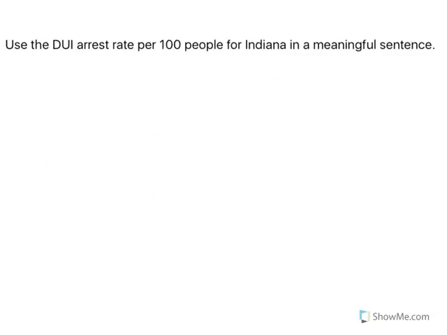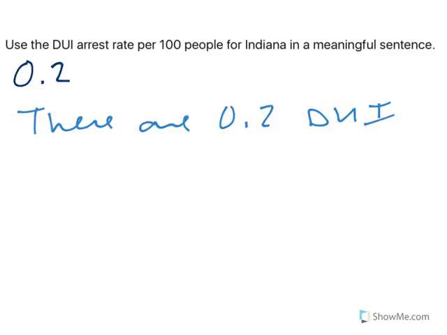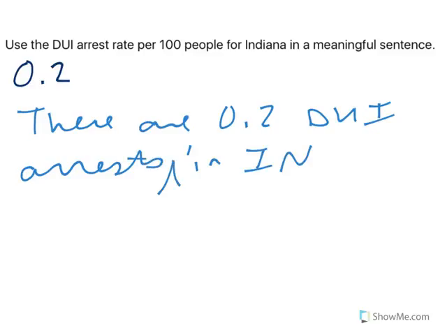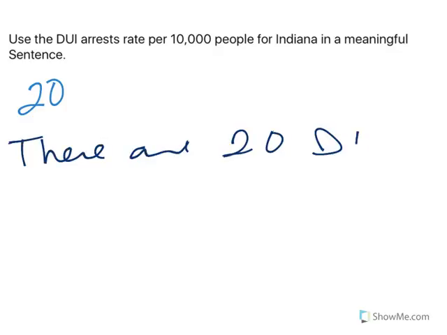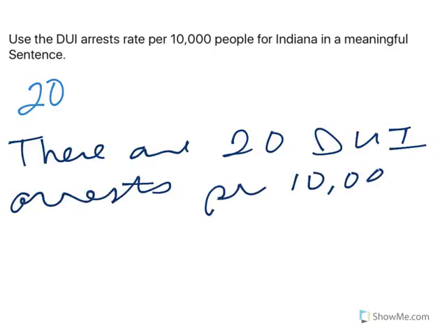Now let's do per 100. That number was 0.2. So that means there are 0.2 DUI arrests per 100 people in Indiana. I should have put per 100 people there, I forgot my per 100 for a second. You want to have all your information. Now, per 10,000, we use the number 20. So we would say there are 20 DUI arrests per 10,000 people